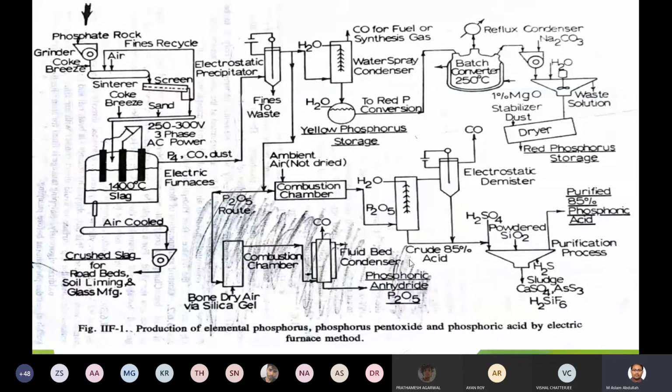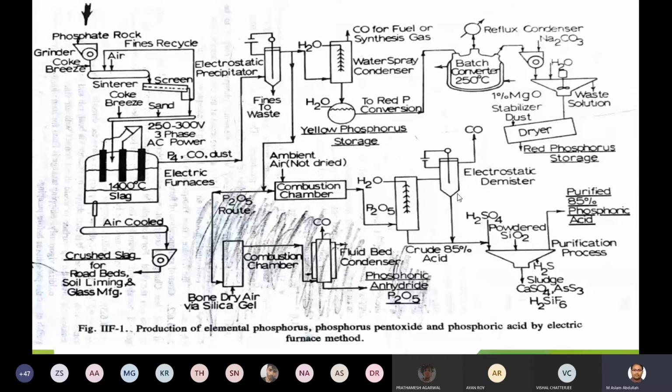The reason why I mentioned it as crude acid here is this is also a phosphoric acid, but this 85% phosphoric acid is impure, which is of no use at all. Impure phosphoric acid you cannot use anywhere. You cannot even send it to the glass manufacturing unit or any other manufacturing unit. You cannot carry out the purification process in the respective manufacturing unit. You have to carry out the purification process of this phosphoric acid in the place where you produce phosphoric acid itself.